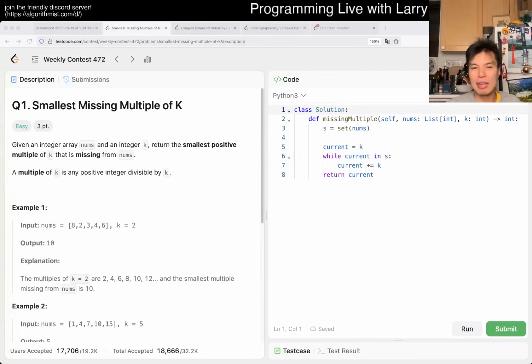Hey everybody, this is Larry, this is me going with Q3 of the weekly contest 472, Lexicographically smallest permutation greater